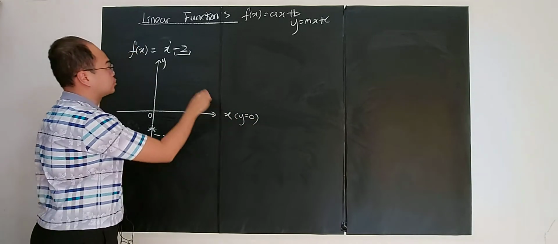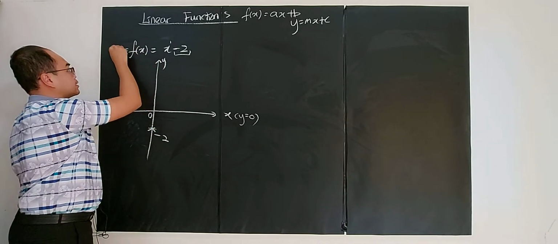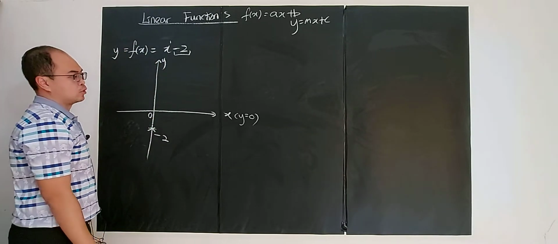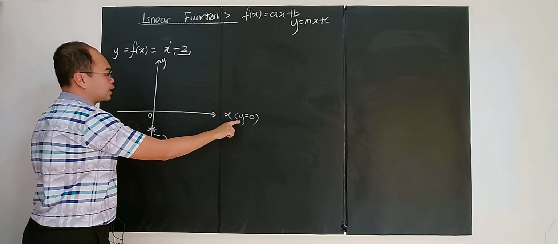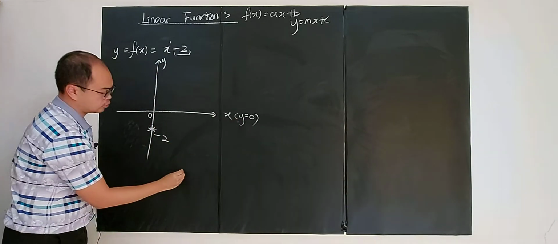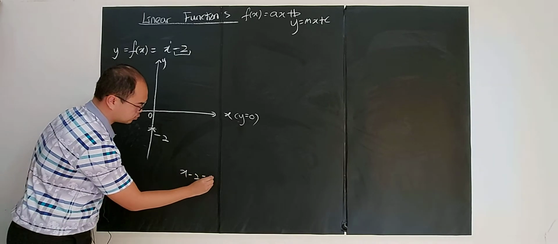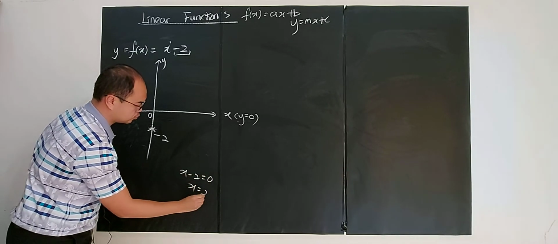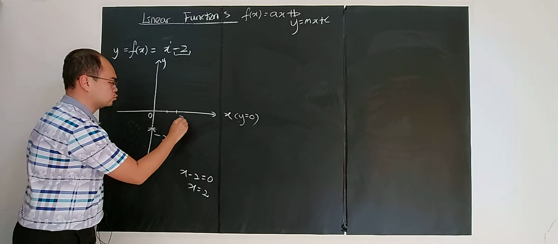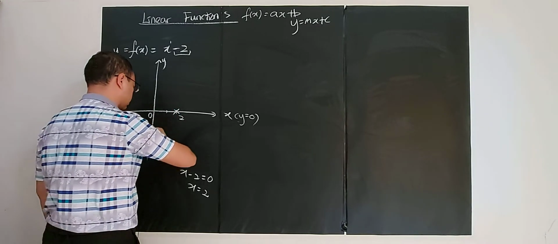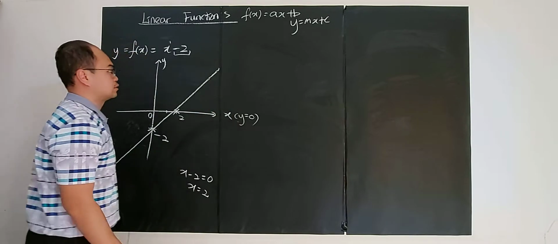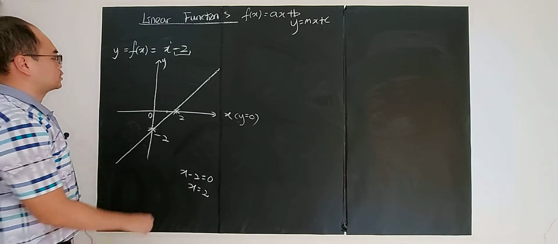To find the x-intercept, you know that f(x) can be written as y. If y equals to 0, so x - 2 = 0. So x will be 2. So it will intercept at 2. So we just need 2 points to sketch the graph of linear function here. So this is the graph for